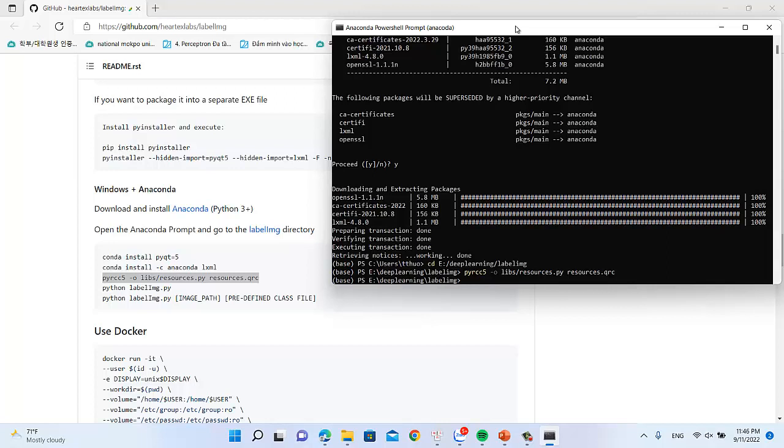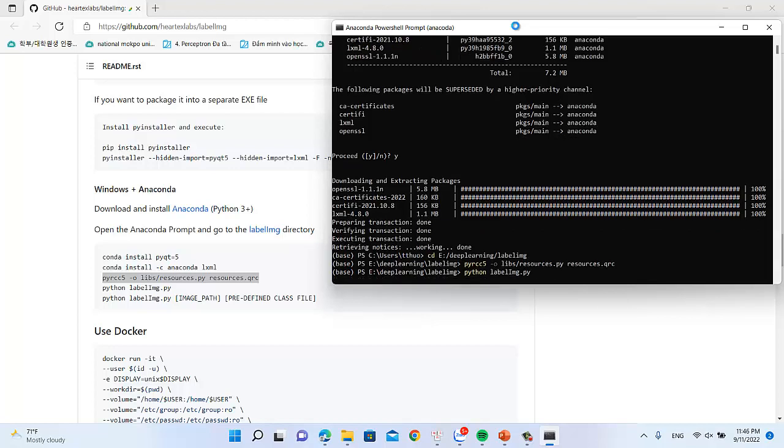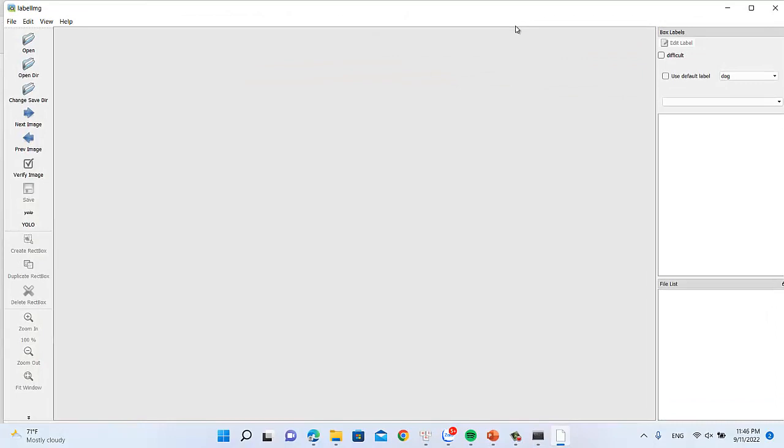Now we run it, and every time we want to run it, we do the same. We must move to this folder and run the command python labelImg.py, and the software will open for us to label. Okay,